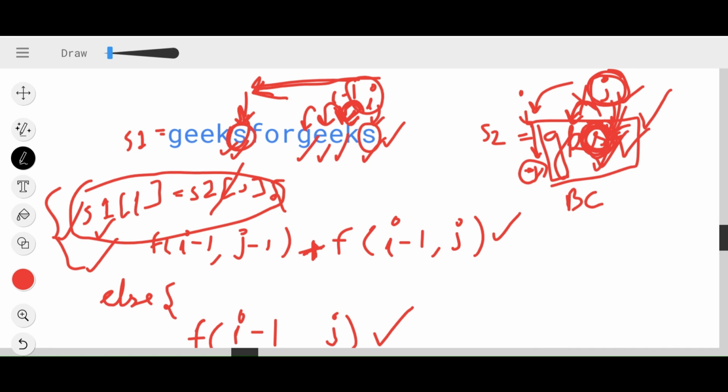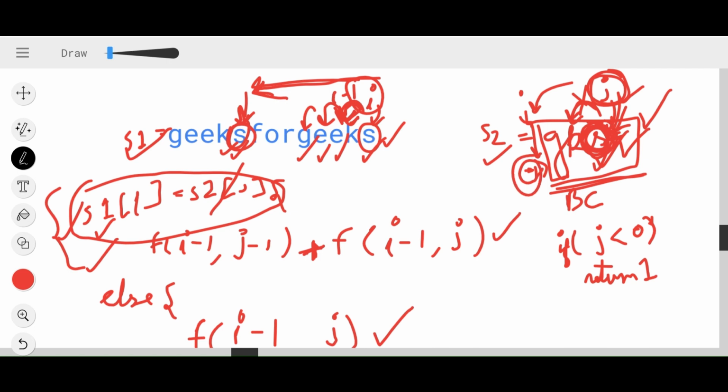This means that there are no characters left in this string to be traversed, so I have matched all the characters of this string with this string. In that case, I will simply return 1. So I have got one base case: if my j becomes less than 0, I will simply return 1, because I have matched all the characters and there are no characters left in this string.